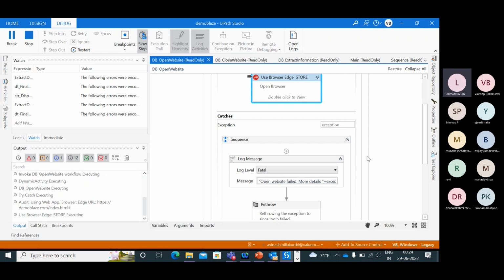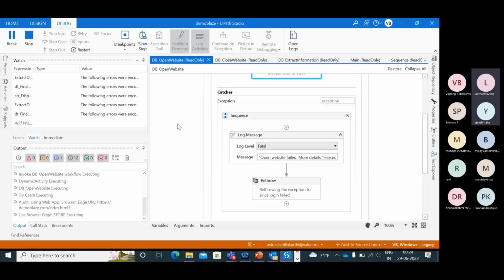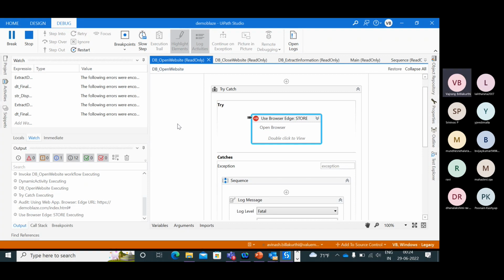We have mentioned a log message saying we have thrown an exception, right? Yes, it should throw an exception. So how much time will it wait to complete this particular activity, like to throw?